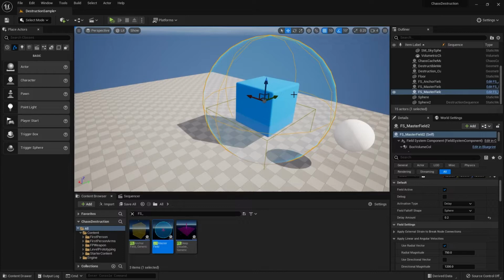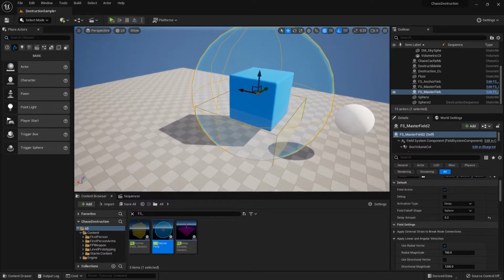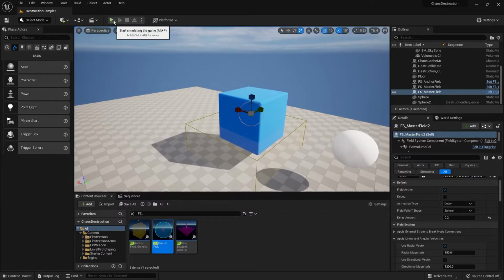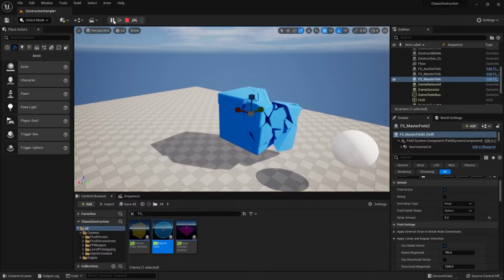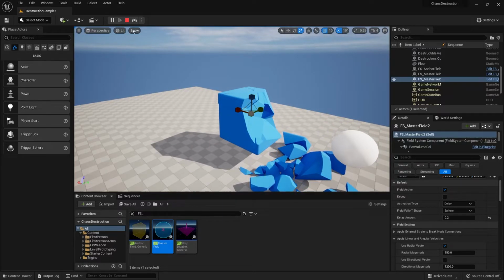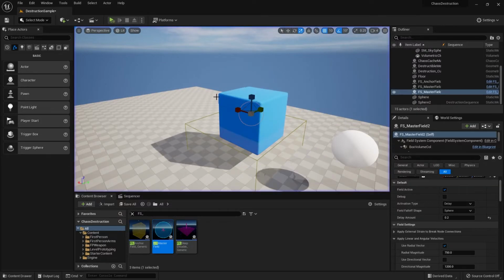So how do we control the explosion amount of the fractures? One way you could do it is by scaling. So if I do a small scale like this, the force wouldn't be as great. So it'll look something like that if I have it scaled at a very small scale.